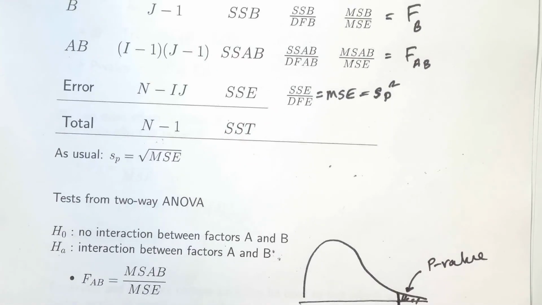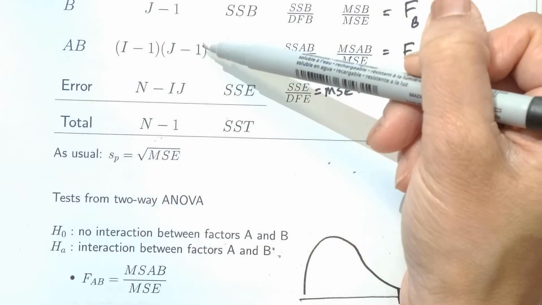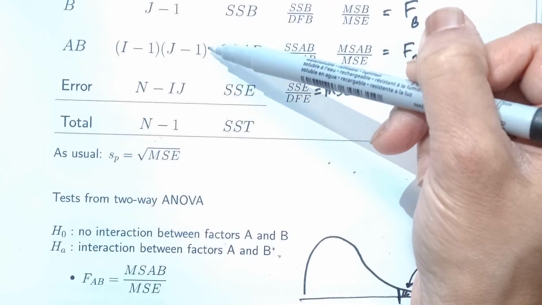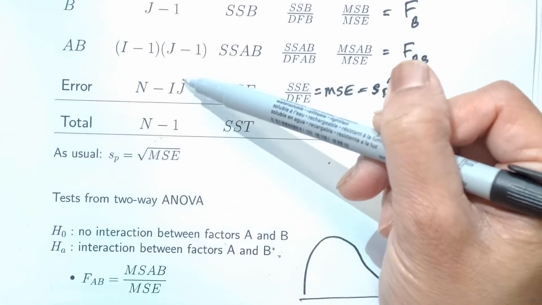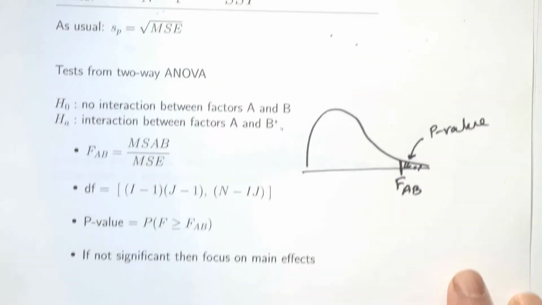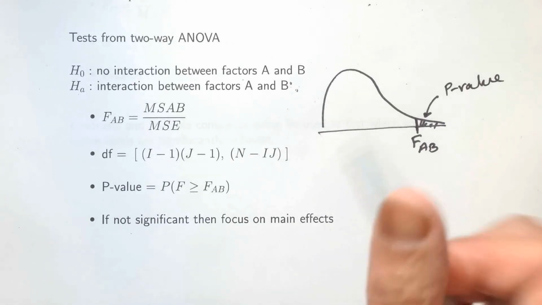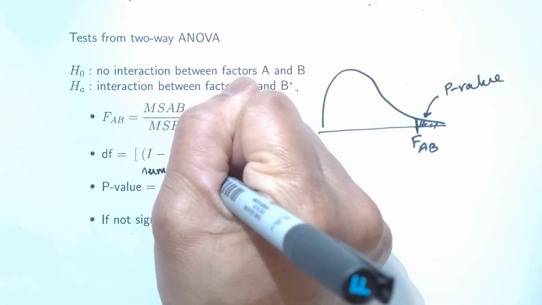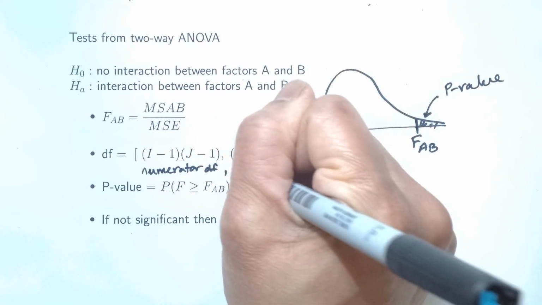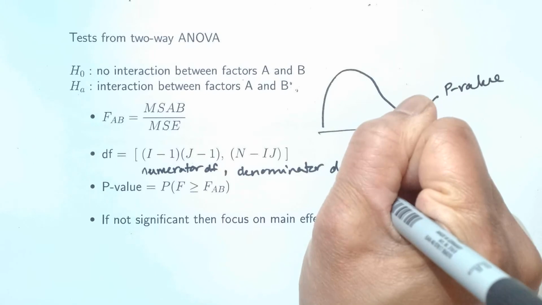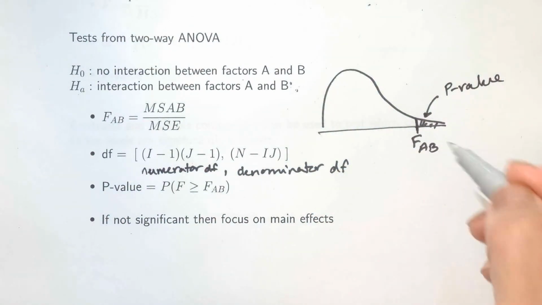So if we look back up, for the interaction we have degrees of freedom being capital I minus 1 times capital J minus 1, and the error is N minus IJ. So those are the numerator and denominator degrees of freedom. And the upper tail area is our